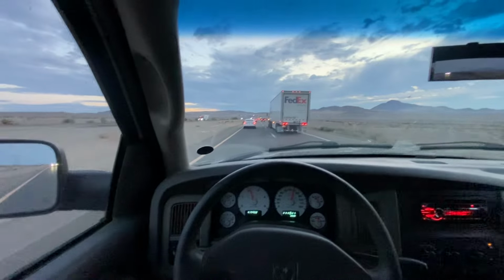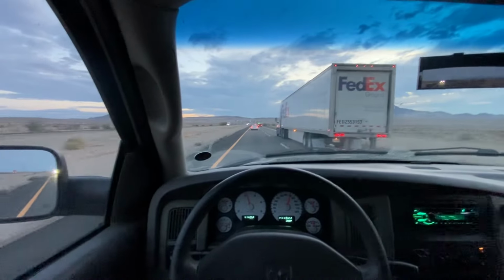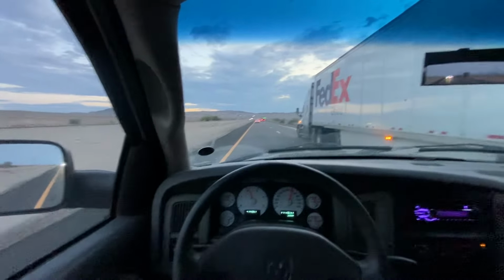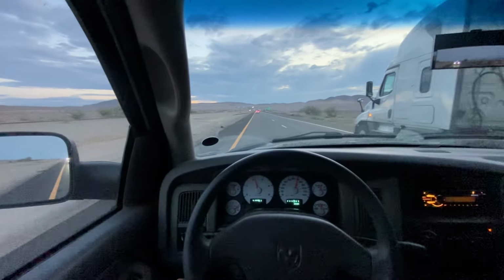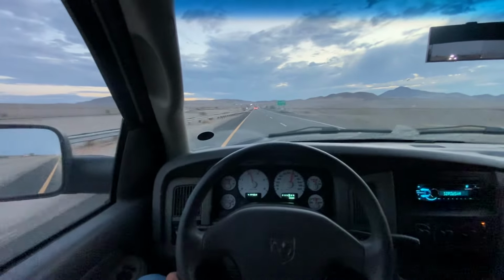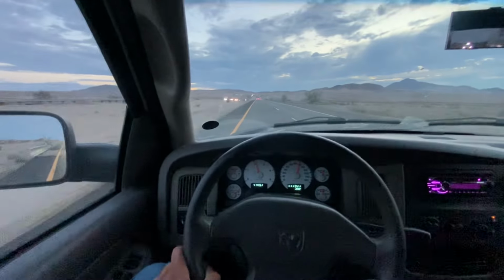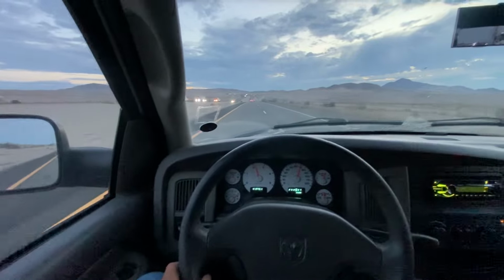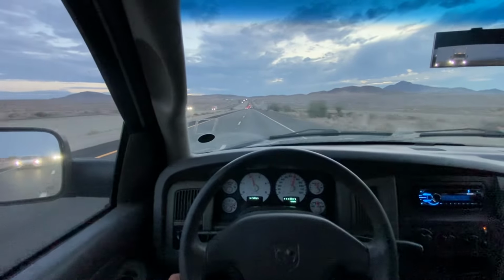And then the issue you got coming back down is that there's no exhaust brake. On the 07.5 and up, when they put a 6.7 in there, they put a VGT turbo. But the 5.9 does not have a VGT turbo. It's got a big turbo that takes forever to spool up. And the boost comes on eventually, you know, when you need it. But going downhill, you got no exhaust brake functionality, which means you're relying on the service brakes and your trailer